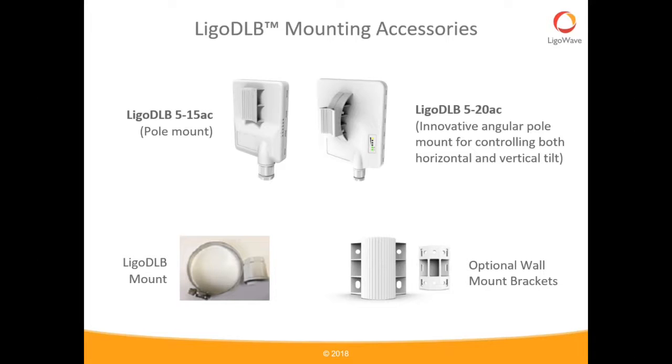In terms of mounting, the 515 versus the 520, and the 590 has a similar mount to the 520. The 515 has a standard pole mount, and it comes with a hose clamp for mounting on a pole, but that only gives you a horizontal tilt control based on how you mount it on the pole. Our 520 AC and 590 AC have an innovative angular pole mount that allows you to control the tilt both horizontally and vertically, which is very convenient when you have applications where not all of your links are